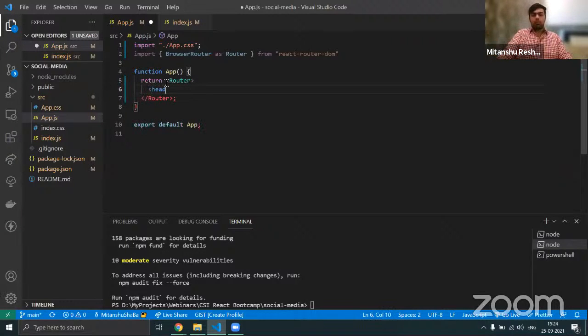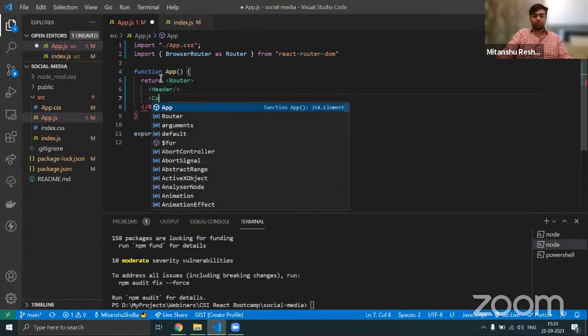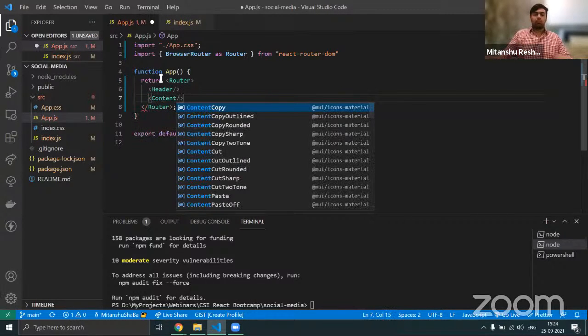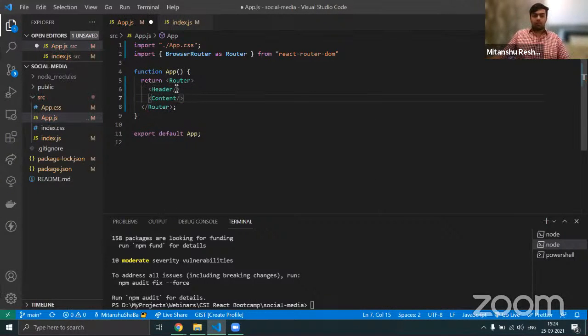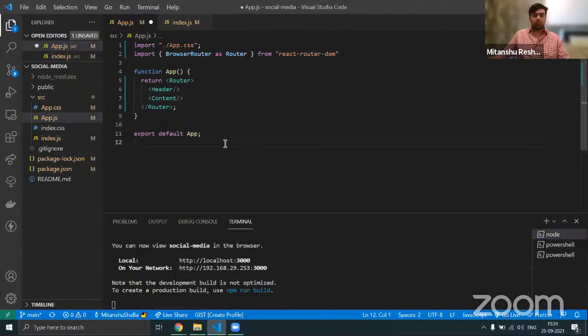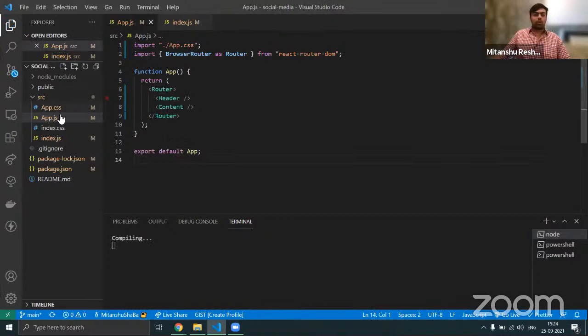Next thing that I'm going to do is I'm going to create this router over here, and inside this there will be two components, which is my header, and then there is my main content, right? So this is where all the posts will be displayed. We have not created these two components, so now this will give me an error over here if I save this file. Okay, so for that, what do we need to do? In source,